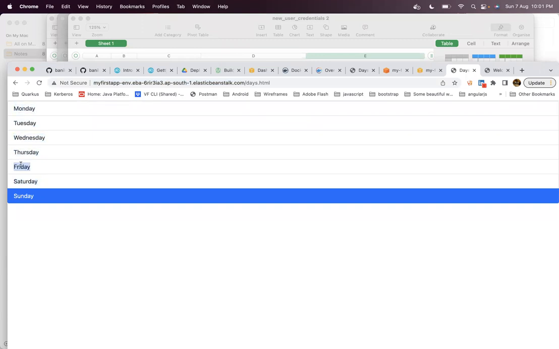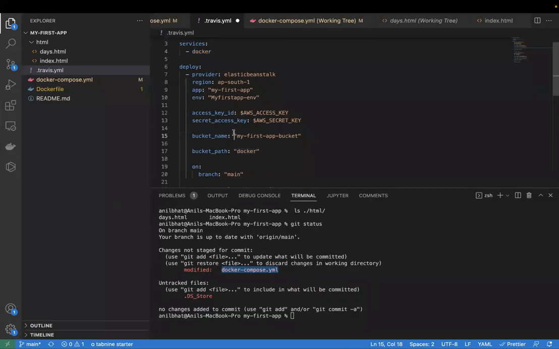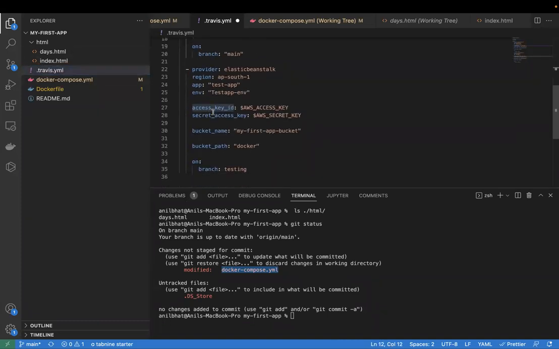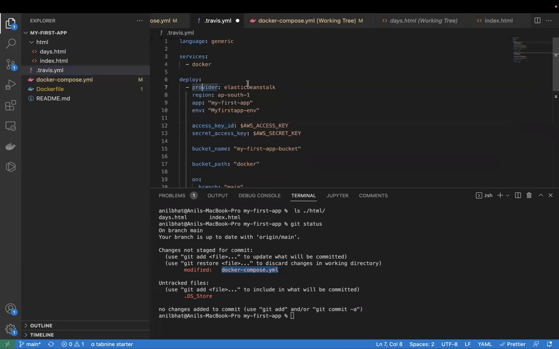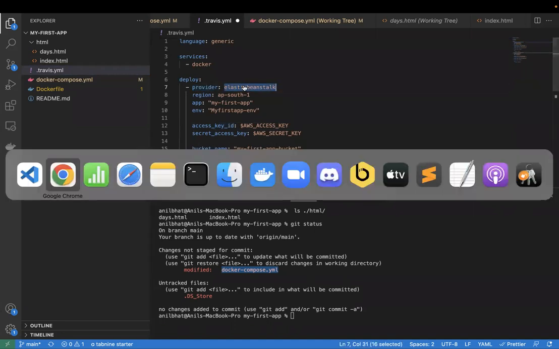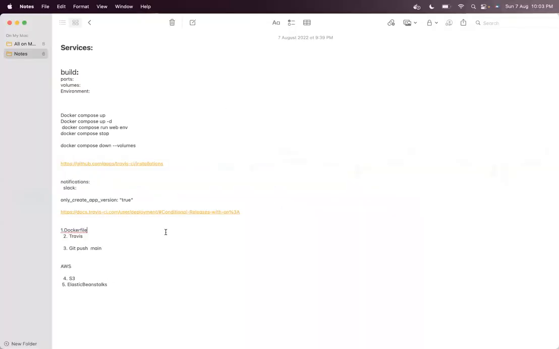So what we have learned is we have used AWS Elastic Beanstalk services to deploy our simple application, base.xml. We have created an Elastic Beanstalk Docker type application, and we have deployed our simple application from GitHub with the help of Travis. So today we have learned a lot of tools. We have learned Travis, how to create a simple Travis YML, how to use the Elastic Beanstalk provider in Travis.yml. There are many other providers also. I think there are a lot of providers actually.